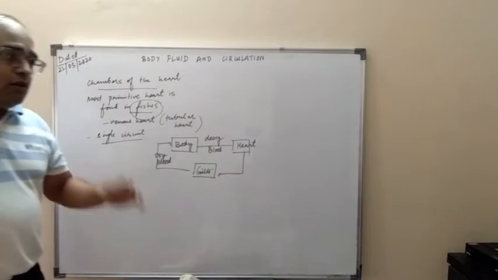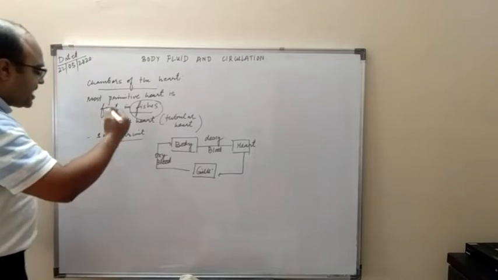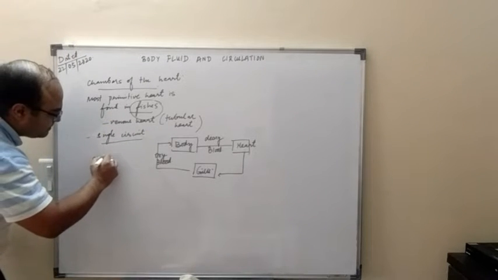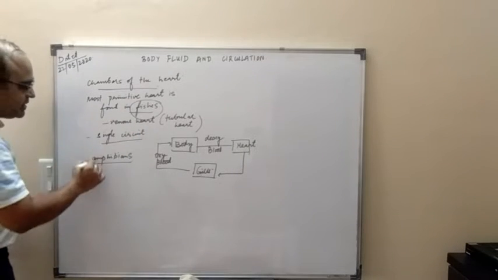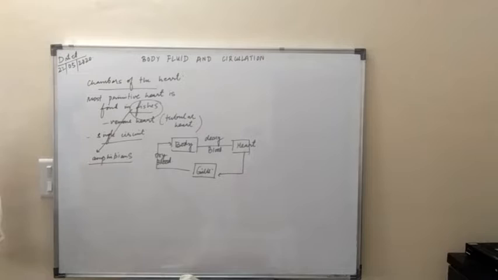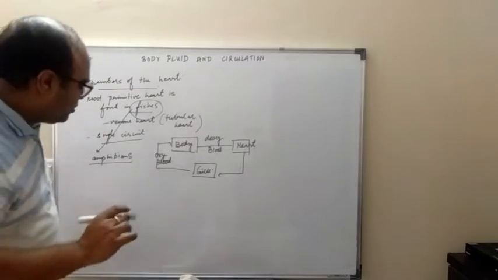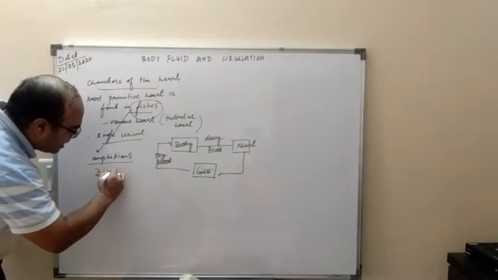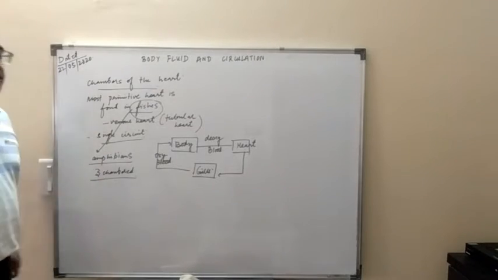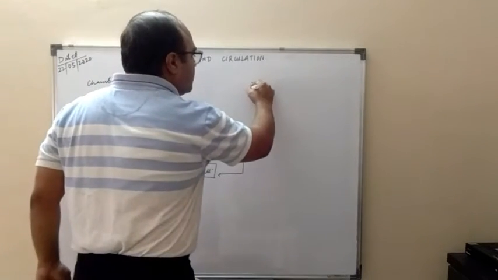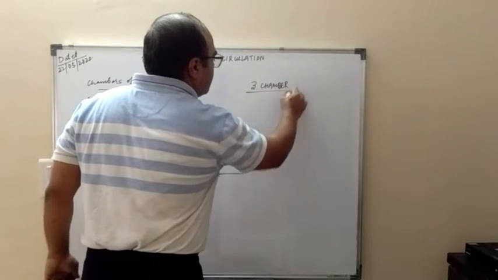Okay. Now as we progress into the story of evolution, after fishes came the amphibians. Now these amphibians have a three-chambered heart. What do you mean by the word three-chambered heart? Three-chambered means